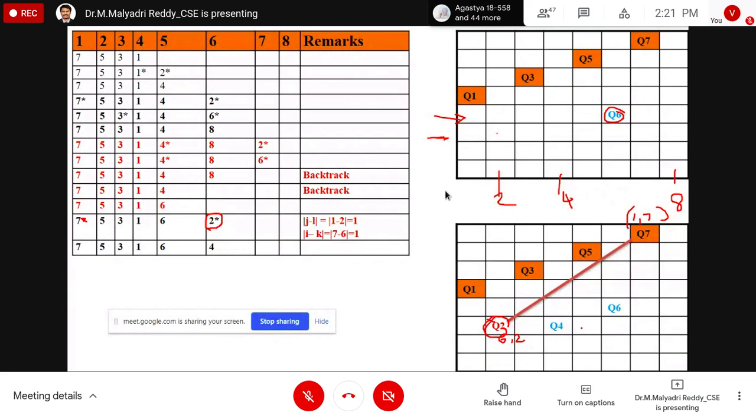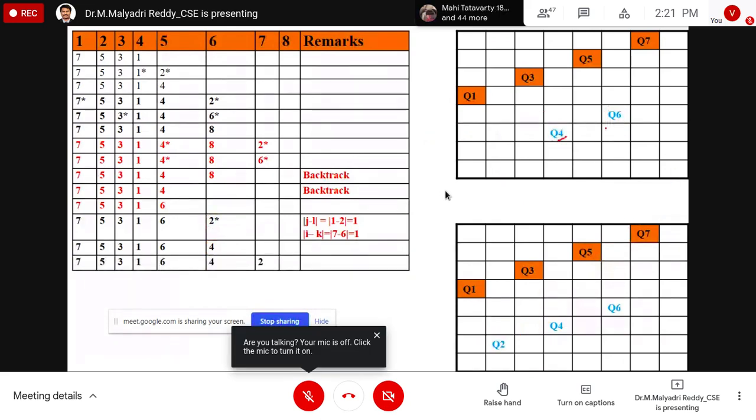So the alternates next are 2, 4, 8. 3 possibilities are there. From this, 2 is not feasible. I have to place the Q4. This is the one feasible solution. Automatically Q4 is feasible. It does not give any conflicts to place the Q4 on the sixth column, sixth tuple. So presently I place the Q4.